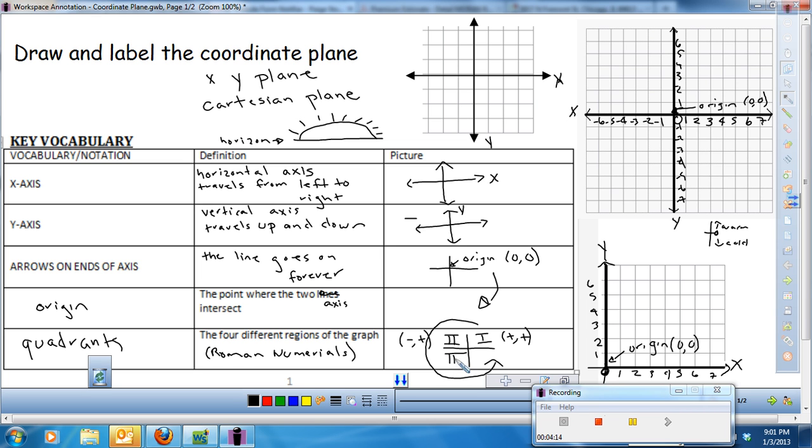This is our third quadrant. X is negative, y is negative, so it's going to be negative, negative. And this is our fourth quadrant. And in this quadrant, x is positive and y is negative, so it's positive, negative. So I'm going to go ahead and label that on this graph. We have quadrant 1, which is positive, positive. We have quadrant 2, which is negative, positive. We have quadrant 3, which is negative, negative. And we have quadrant 4, which is